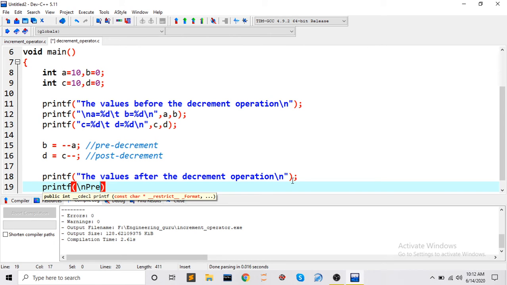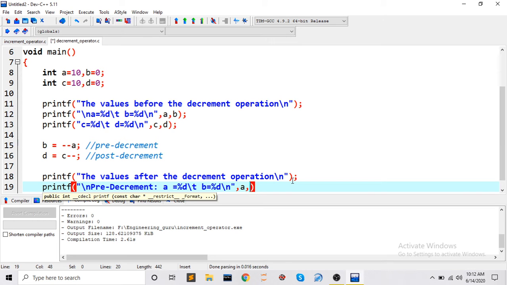First we give the double quotes. The a and b values are for pre-decrement, so we write pre-decrement: a equal to percentage d, a tab space, and b equal to percentage d.